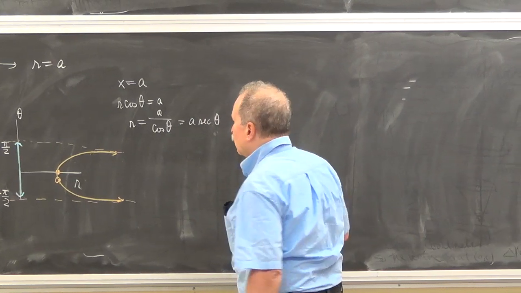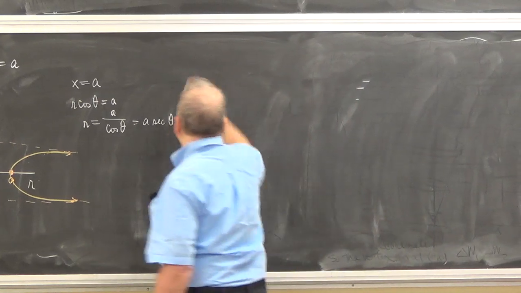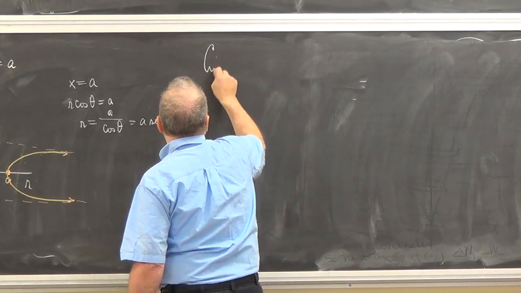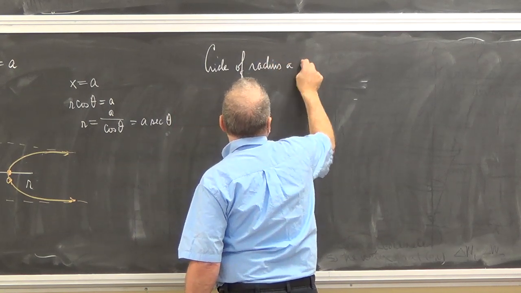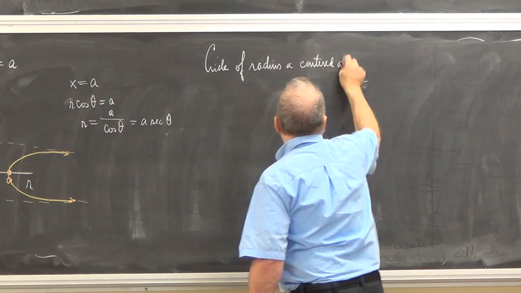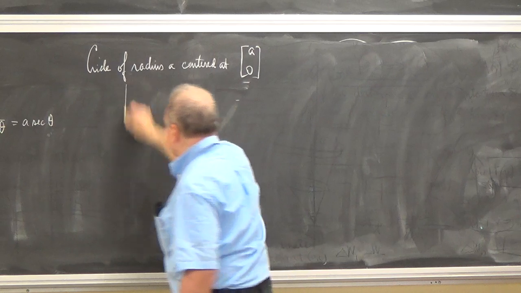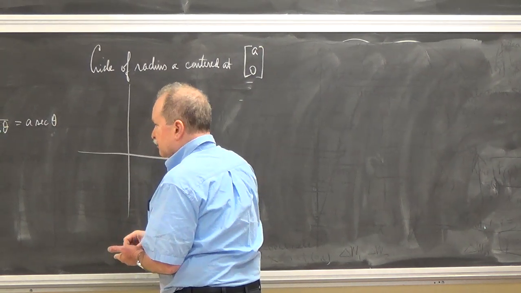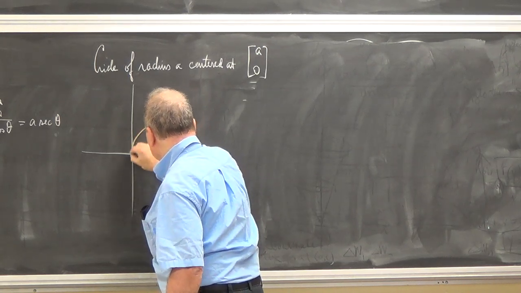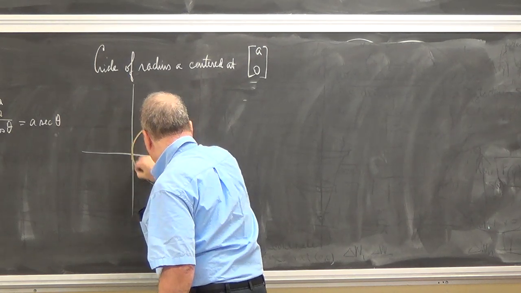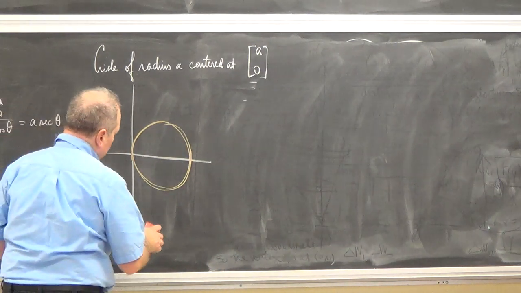All right, now here's one that shows up all over the place in applications, as you shall see. What about a circle not centered at the origin? What about a circle of radius a centered at (a, 0)? So in my xy picture, I draw what? A circle that just touches the origin. Right. Isn't it like for this one we can go only half the interval? Instead of 0 to 2 pi, we just go like 0,